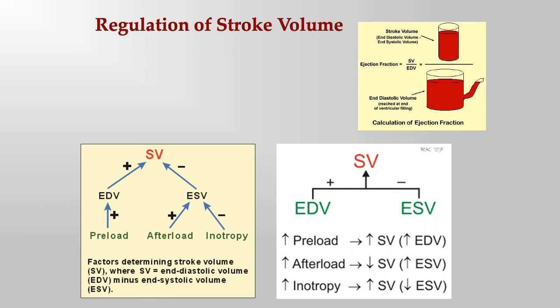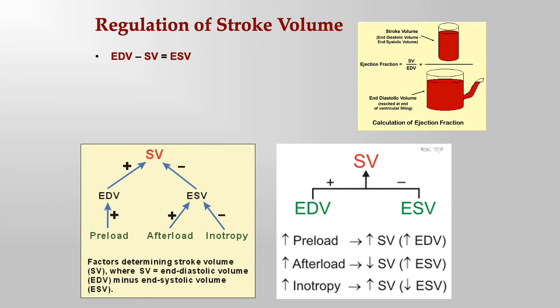We saw in the last PowerPoint that cardiac output is equal to heart rate times stroke volume. Let's start talking about what kinds of things regulate stroke volume and regulate heart rate. So just a reminder here, EDV is the end diastolic volume. That's when the heart is full of blood. That's as full as it ever gets. Then it pumps out a little bit, the stroke volume, and then whatever is left we call the end systolic